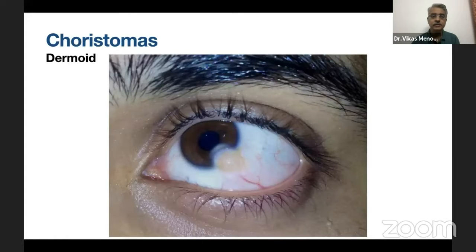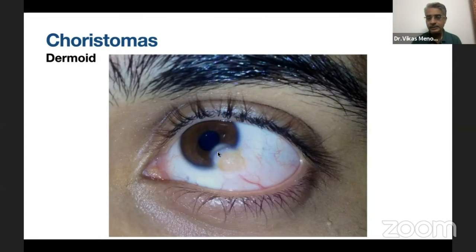So one of the most common conjunctival choristomas or conjunctival lesions that we see in the pediatric age group is this. Most of us would recognize what it is. It's basically a yellowish, whitish kind of firm mass, which is straddling across the limbus, encroaching onto the cornea. And we know that this is nothing but a limbal dermoid. Now, limbal dermoids are fairly common, and